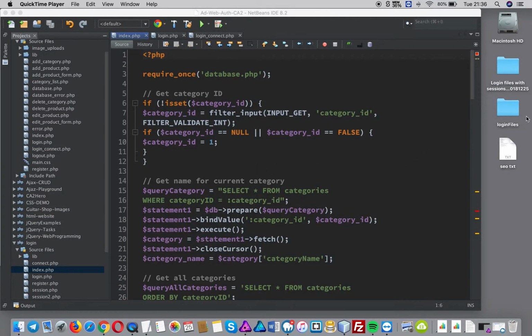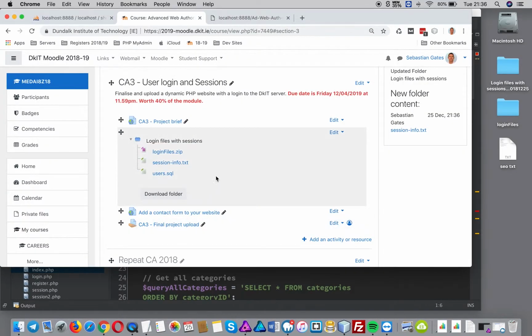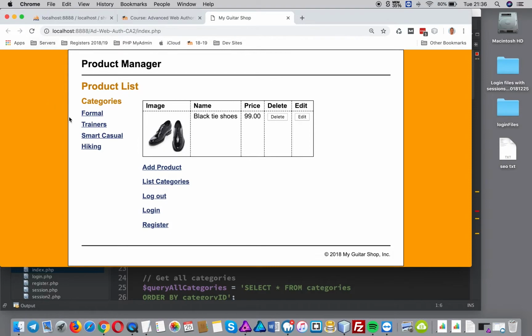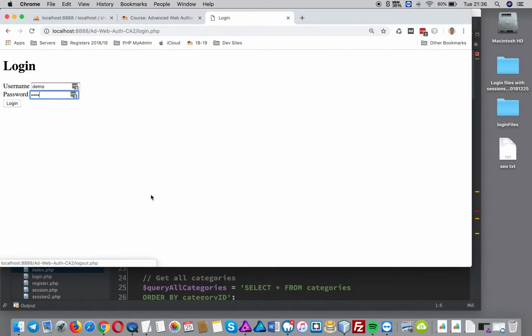Okay, so what I'm going to do here is add a little bit of code to prevent users from seeing the products on this index page. So here is the index page, and what I want to do is hide that from people. I just want to log out and make sure that